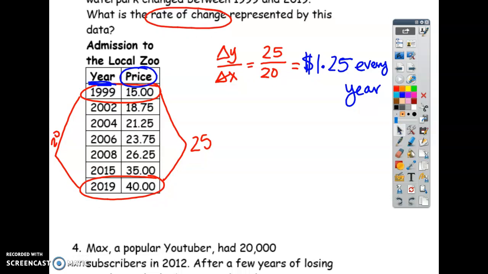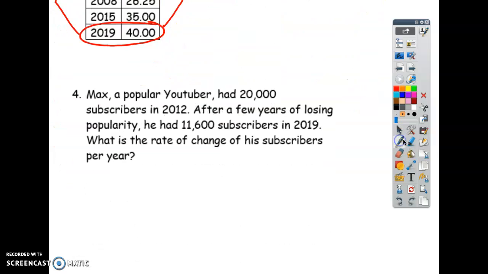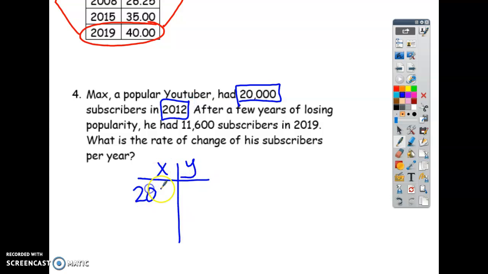And then at the bottom one, I'm going to start you off and you're going to finish it. It says Max, a popular YouTuber, had 20,000 subscribers in 2012. So my table should say in 2012, he had 20,000 subscribers. Right? And we can even label it. This is the years, and this is the subscribers. Okay? And then he said after a few years of losing, so it's going to be going down in popularity, he